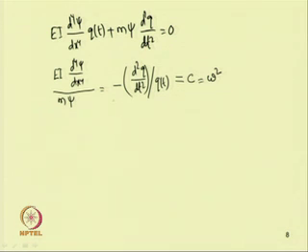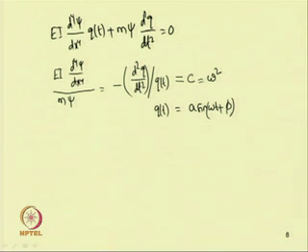So, one can write d²q/dt² by q equal to ω², or the motion is simple harmonic. So, q(t) can be written in this form, A sin(ωt plus φ),